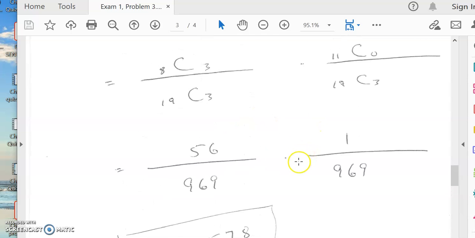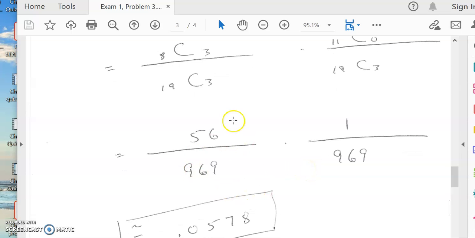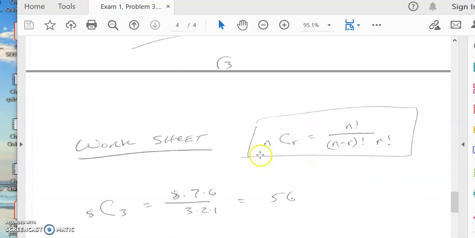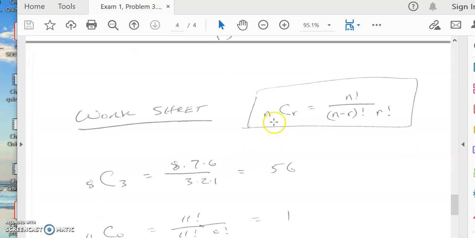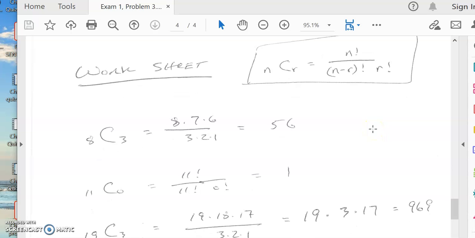So now the only thing I haven't shown you yet is how I get these numbers. So that's in my worksheet. So remember the formula, n choose r is n factorial over n subtract r factorial times r factorial. Now I've mentioned this in previous videos, but I'll mention it just one more time here. What's going on here is this n subtract r factorial cancels out a bunch of these guys up here